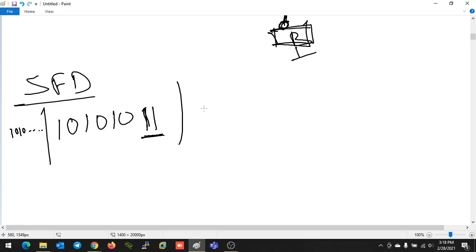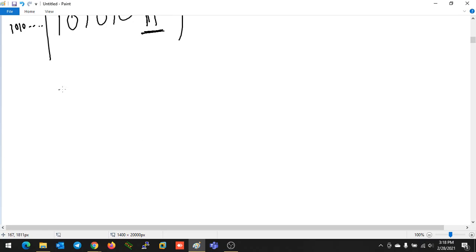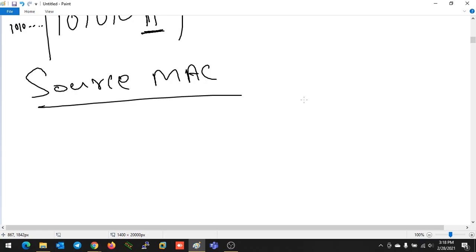After that the source MAC field will come, the source address or source MAC field. Okay. You know we have 2 layers where addresses are working. In the internet layer or network layer, layer 3, logical addressing is working. We will discuss that also. And in layer 2, the data link layer, the physical address is working. Your device will have a physical address, and that address is known as the MAC address.